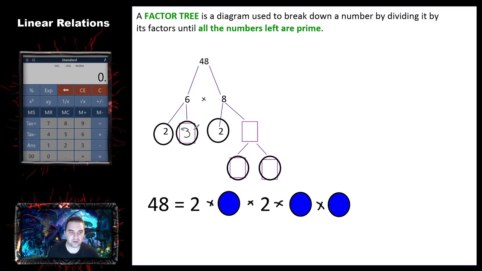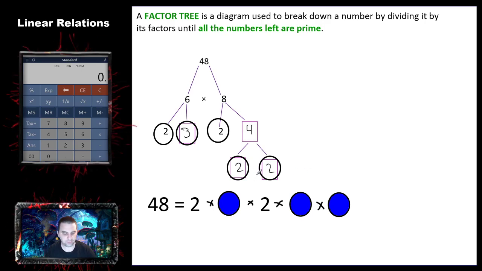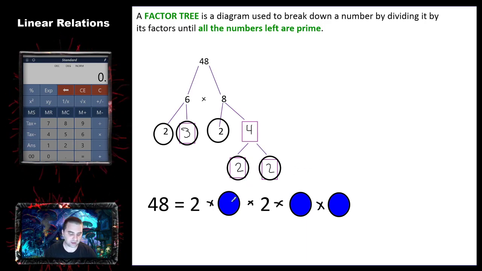Now we can look at the other branch, because this one is full of circles. There's nowhere else for it to go. This one dropped down to 8. 8 can be broken down in a number of ways. 4 times 2, 2 times 4. Doesn't really matter which way I go, so I do 2 times 4. 2 is done, so I circle it, and I look at the 4. 4 can still be broken down to 2 times 2, and that's where all these numbers at the bottom come